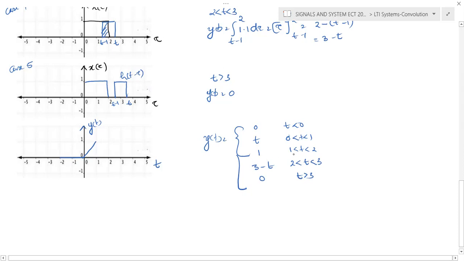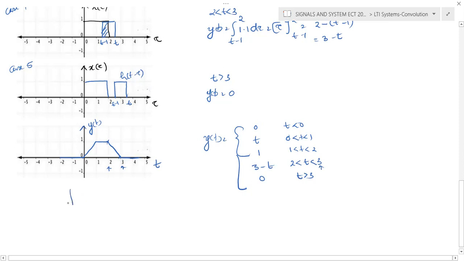Now for the limit 1 to 2, the signal amplitude is 1. From 2 to 3, it's 3 minus t. So if you apply the first limit 2 here, it's 3 minus 2, which is equal to 1. So at this particular instant, the signal amplitude is 1. And at t equal to 3, if you substitute, 3 minus 3 is equal to 0. So it's a straight line, and if t is greater than 3, it's 0. So you will get a trapezoidal waveform, and